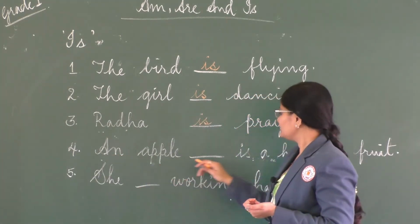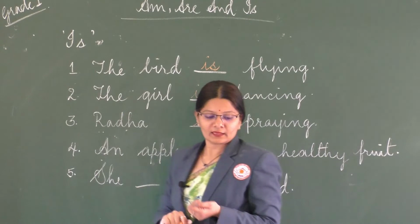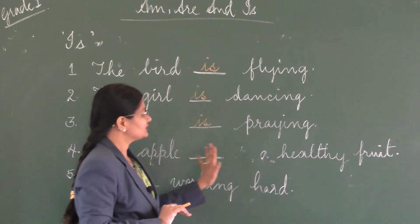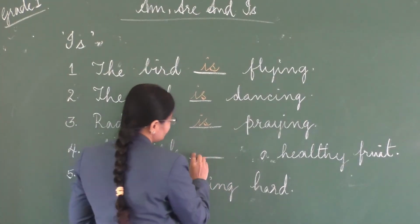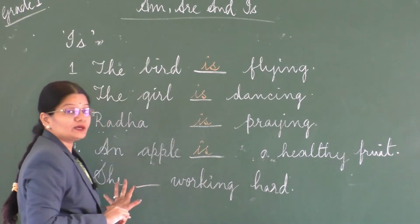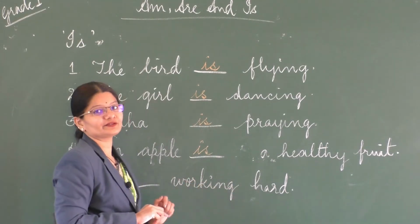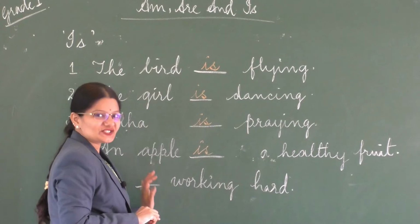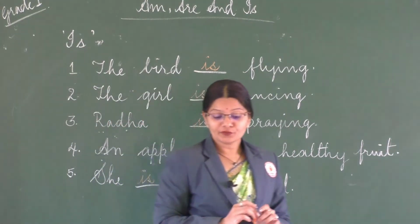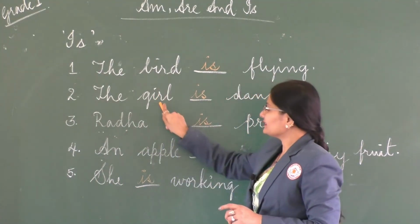Next one, an apple dash a healthy fruit. So an apple, what is the verb that is going to come here? An apple is a healthy fruit. She dash working hard. So what is the answer here? She is working hard. So if you observe, we have been using is with singular